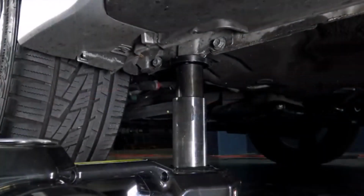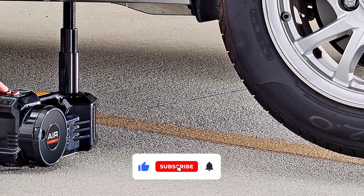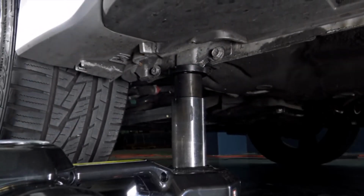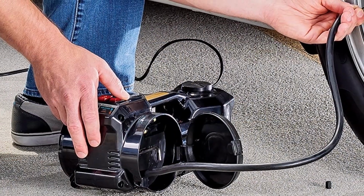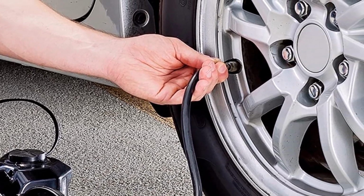With a 1-ton capacity and lift range from 5.3 to 14 inches, it's suitable for most small and mid-sized vehicles. Furthermore, the lightweight and compact design allows you to take the jack on the road with you and store it with ease. You'll also be pleased with the overall sturdy construction. The jack is very strong and durable, so you get to use it outside without worrying it will easily get